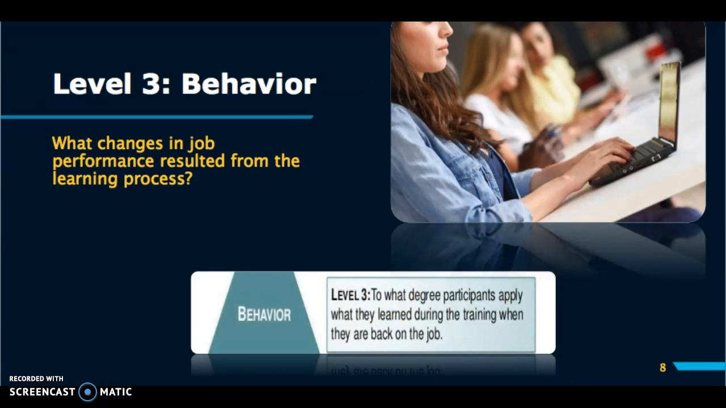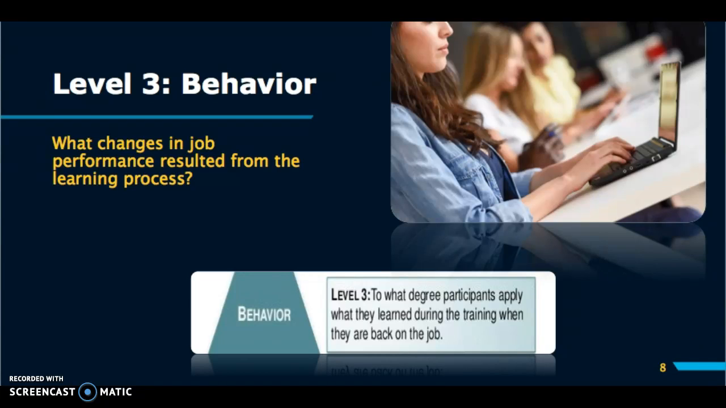Now we're going to move on to level 3, which is behavior. At this level, you evaluate how far your trainees have changed their behavior based on the training that they received. Specifically, this looks at how trainees apply the information. It is important to realize that behavior can only change if conditions are favorable, and it may take months on